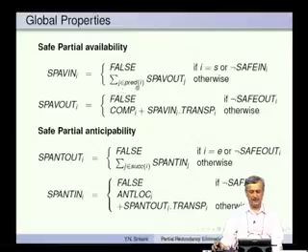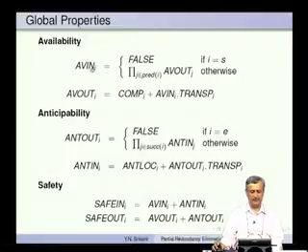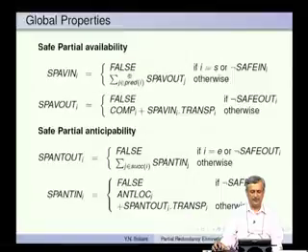Why are we looking at, in the previous case for AVIN we looked at the predecessors, but we looked at the AND operation, whereas here we are looking at the OR operation? The reason is we want partial availability, that means any one of the paths will do, that is why this is the OR operation. SPAVOUT is false if the output point of the basic block I is not safe, otherwise it is either computed or available from the top and transparent. This is as before.